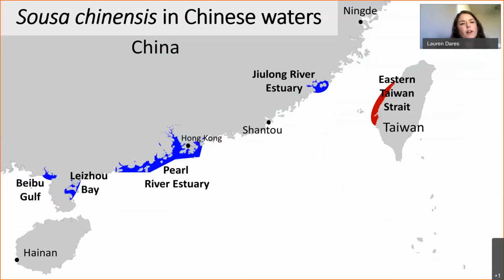So in Chinese waters, there are a few different populations of humpback dolphins. So thousands and thousands of years ago, there's a pretty good chance that humpback dolphins ranged very widely throughout all coastal waters. They very likely had a continuous distribution all along the coast of China. But over time, environmental changes and potentially human developments over time have made it so that these populations are separated